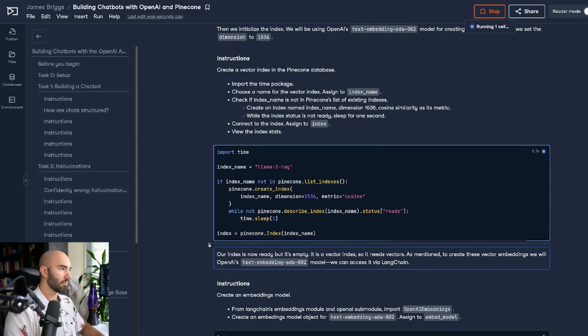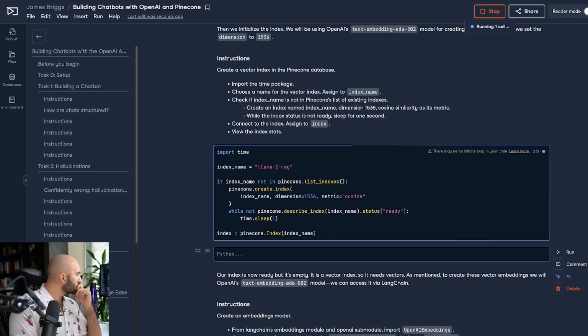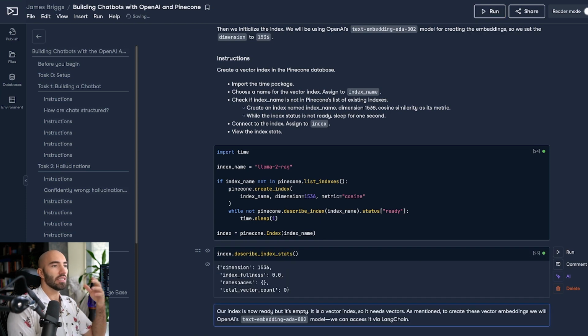I'm going to create a new cell here. And then what we can do is we'll do index.describe_index_stats, and we should see that this is currently empty.